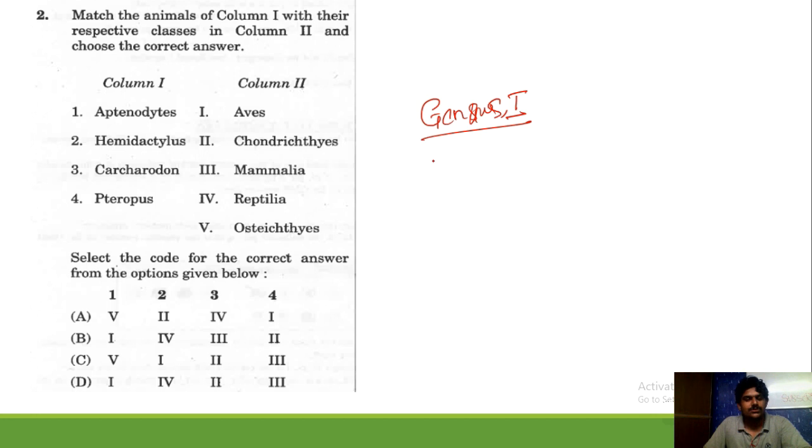Aptenodytes. Aptenodytes are the great penguins, which come under the class Aves. So that's why it comes under the class Aves. That's why it is the first option. Then